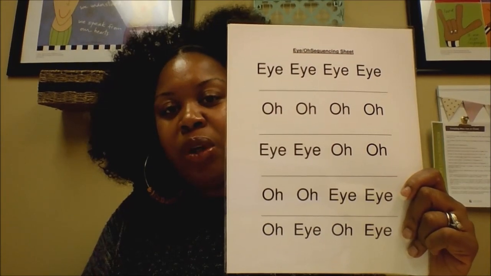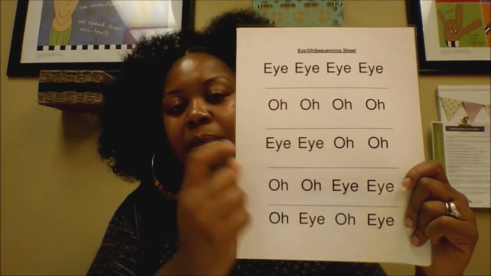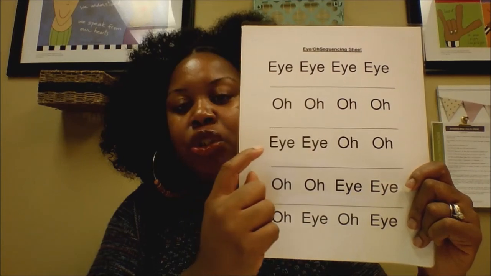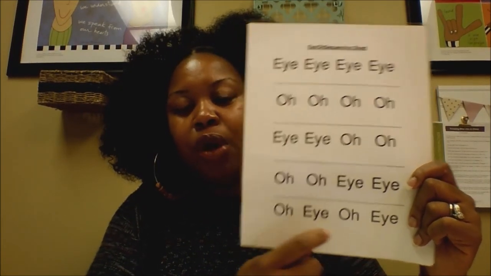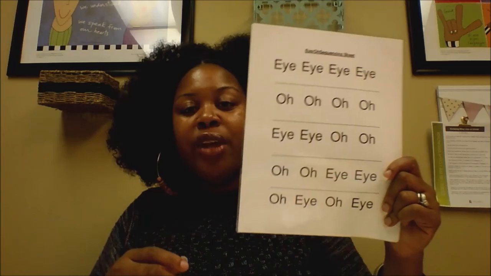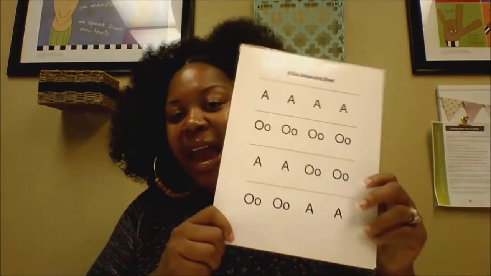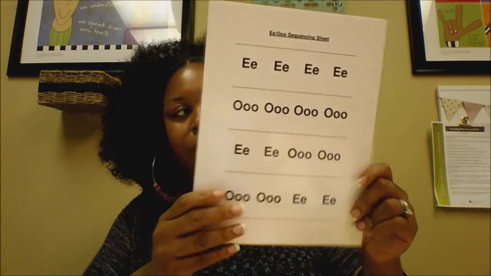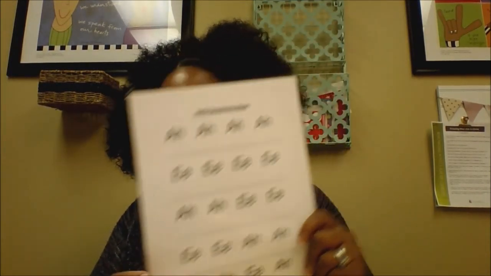So the way the sequencing works, it gives you the sound by itself a few times, plus a second sound. Then they start to put them side by side with each other until we end up at this last row where you go, "oh, I," and you want them to be able to do that with precision, with a certain rate of speed, all while maintaining correct production of the vowel sound. So they have one for I, O. We have another one for A, oo, E, oo, ah, e. Okay, so we start off and we'll go through a few of those.